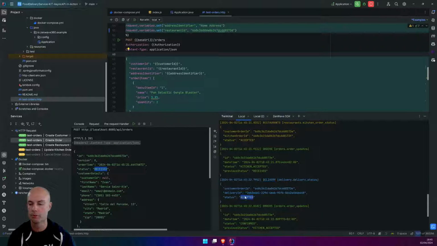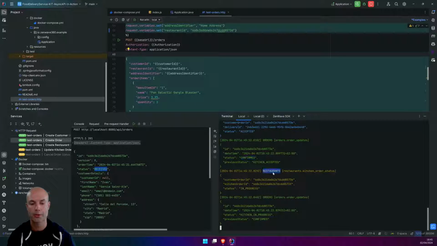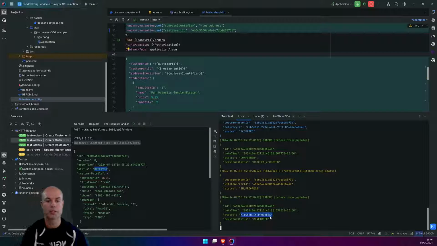Delivery also sends a message accepting the order, and when both are accepted, the orders module sets the status to confirmed, so the restaurant can start in progress, and the orders module feeds back that the kitchen is in progress.